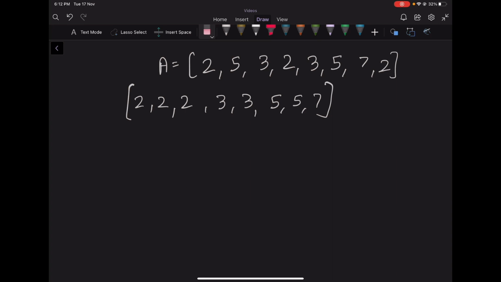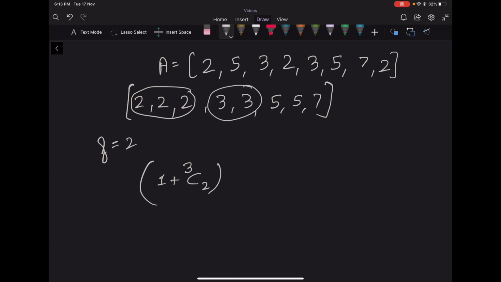So let's say f is 2. If f is 2, how many subsequences will be there such that all the elements have frequency 2? So consider the element 2. There are 3C2 ways to select two elements whose value is 2. But we can also ignore the element 2. So there is one way to actually ignore them. And if we want to take it, there are 3C2 ways.